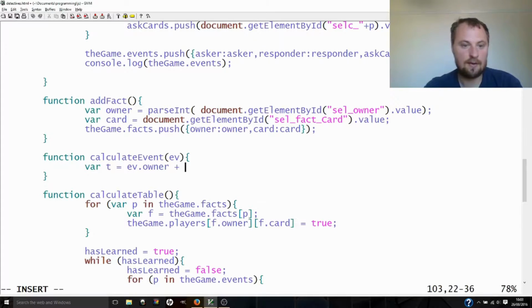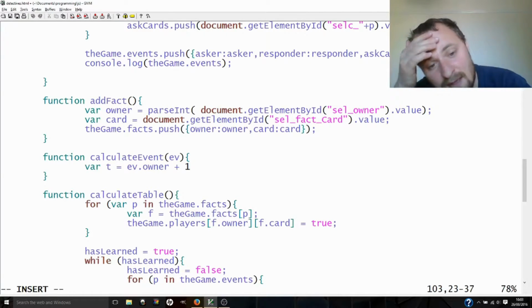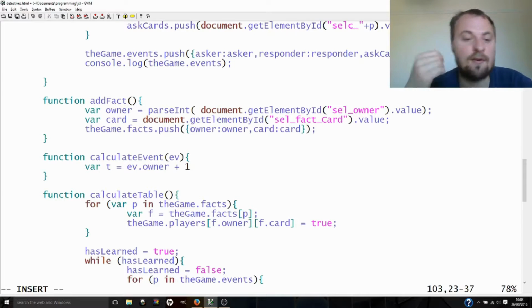Plus 1, because we're not actually going to know anything about our owner, because the owner asks something and doesn't ever tell us anything. Not as an actual fact. I mean, we can get an idea of what they're looking to know, but I want to make sure that everything we add here is actually factual, not speculation. ev.owner plus 1